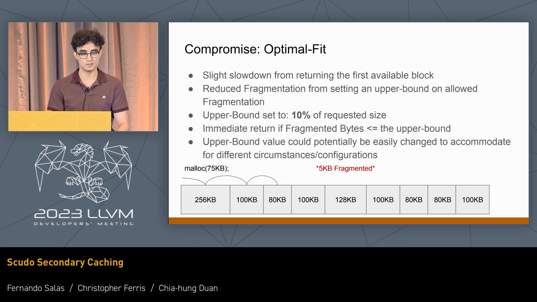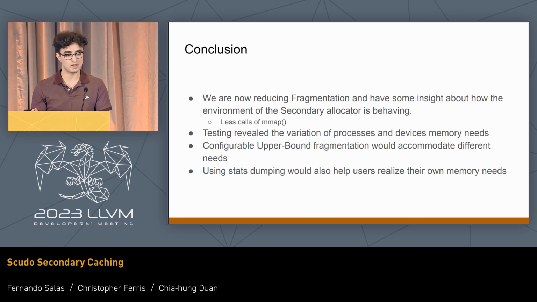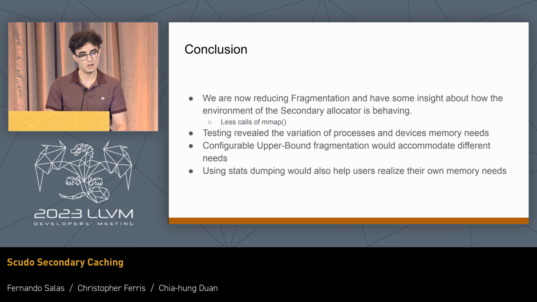And here it immediately returns when we get to that 80 kilobyte block. From here, I found that we were able to reduce fragmentation significantly, and from that, we can ensure that mmap is being called a lot less because there's a lot less